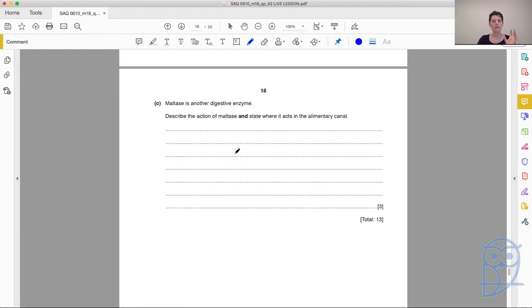What does it do? Maltase is all about breaking maltose into glucose. Remember, we go from starch to maltose to glucose. Maltase acts on maltose. It's really nice when you're working with enzymes and you find those links because it can help you very much to remember who goes with what. So maltase digests maltose to form glucose